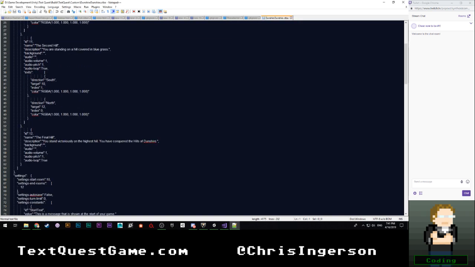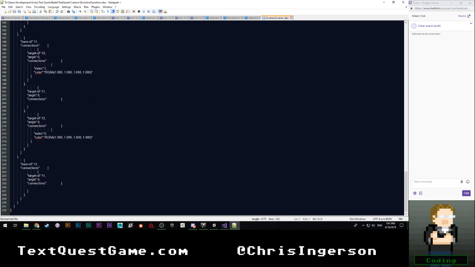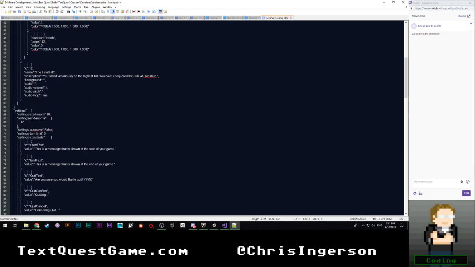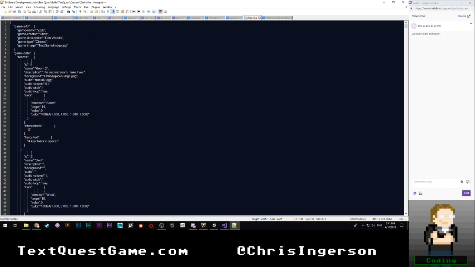Compare that to something that does not have any interactable objects in it. I believe it's all just base connections. That's a lot more usable. Anyway,